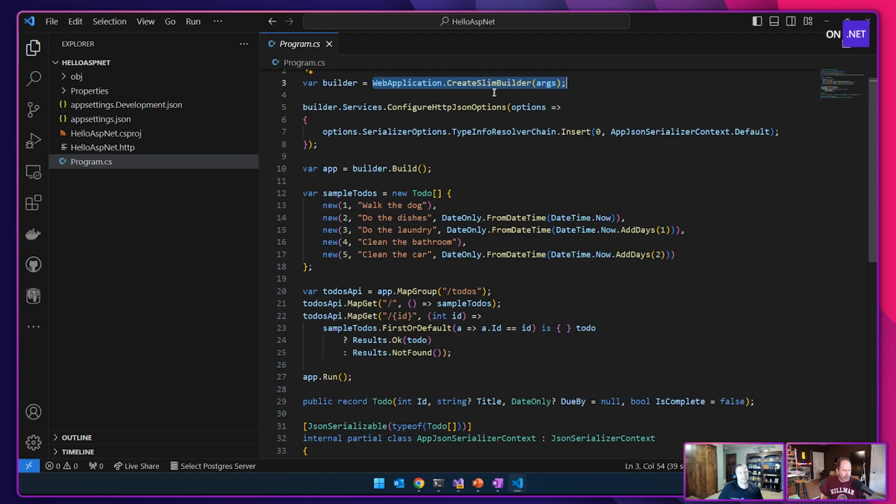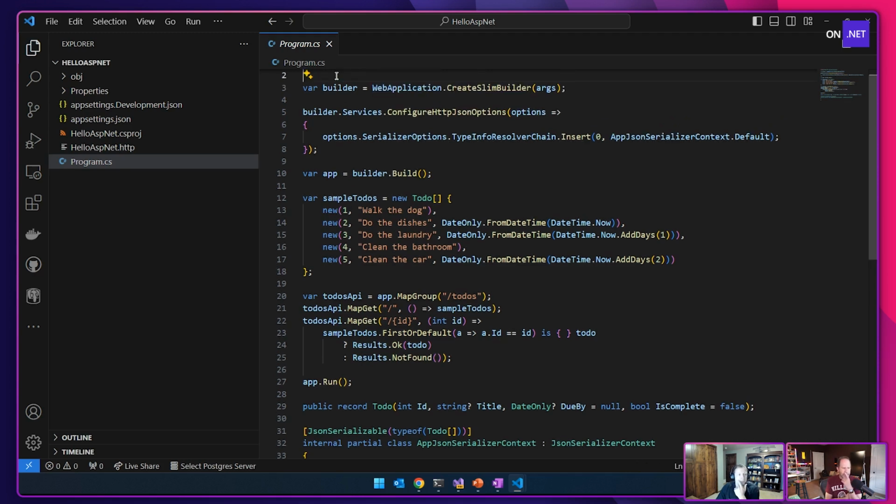There are no defaults in it. But for the template, we use CreateSlimBuilder. With that builder, you can add things into your services, and then this is using minimal APIs. So we're making a to-dos API, and it just has two endpoints. The default endpoint, which just returns a hard-coded list of to-dos, and then give me the to-do by ID, which finds the to-do with that same ID and then returns it.